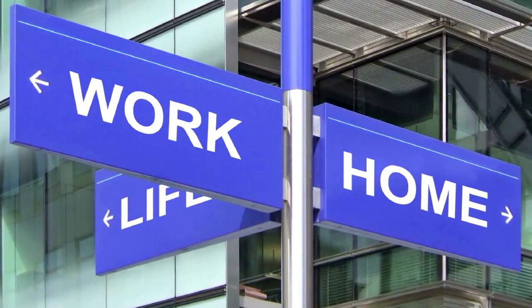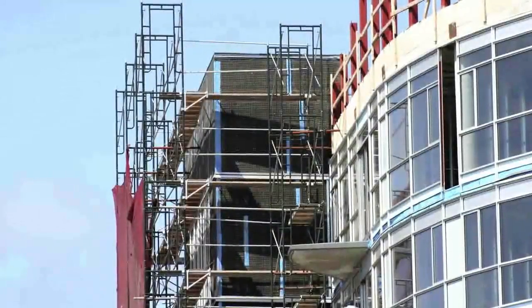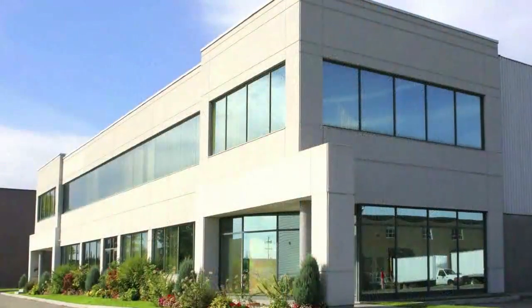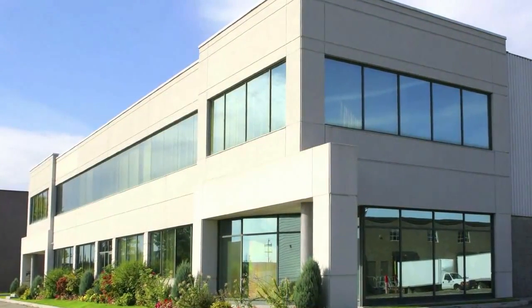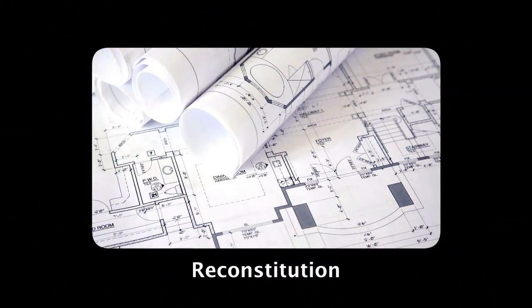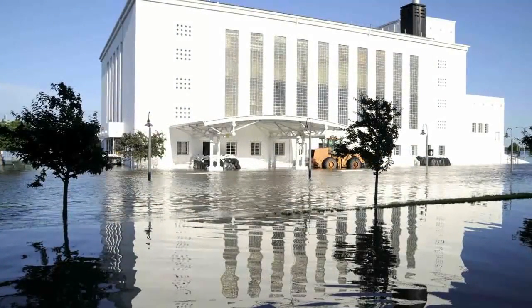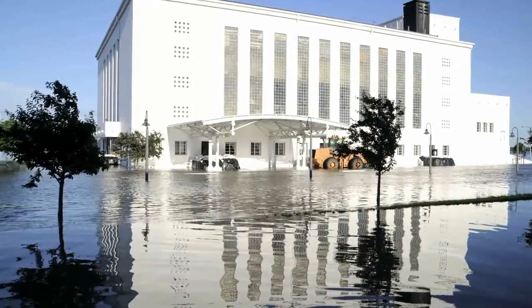Continuity planning must also address the challenge of getting back into your primary building or a new one, depending on the extent of the damage. This is Phase 4, Reconstitution. Reconstitution must start soon after the event. The sooner reconstitution starts, the sooner your organization will be able to return to full capacity.